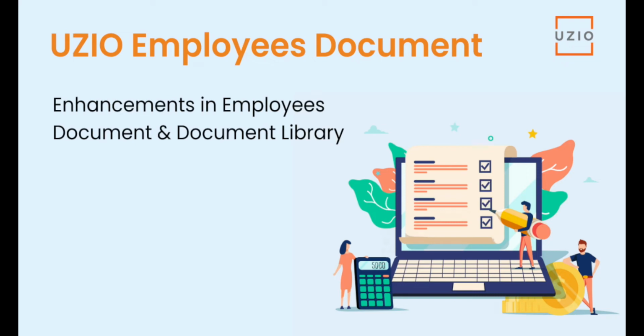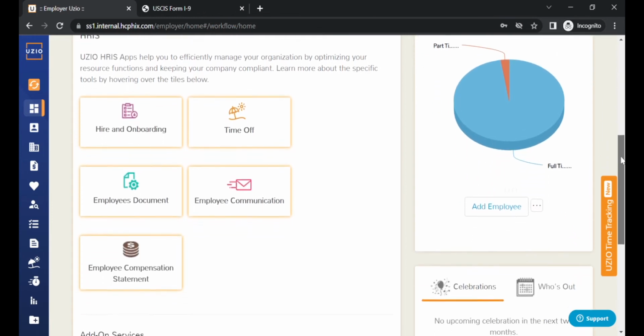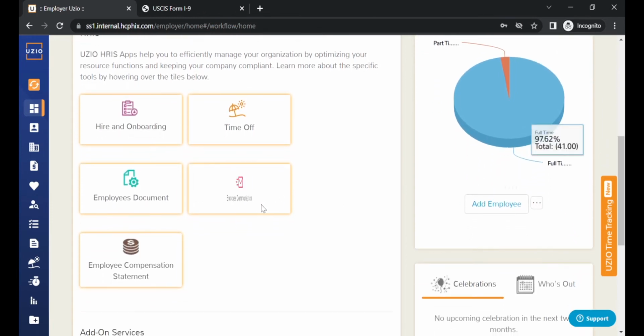In today's video, we will walk you through some of the enhancements made to the employee's document and document library. We will also discuss some of the limitations within the previous portal. Let's get started. To access your employee's documents, you can do so by scrolling on your home page and selecting